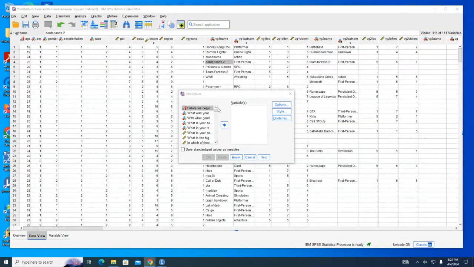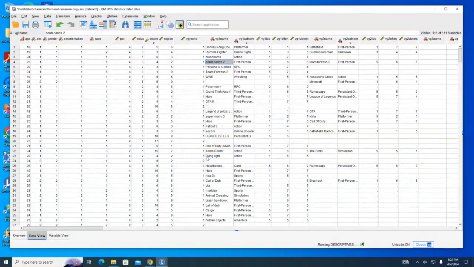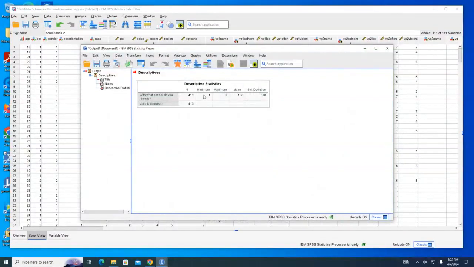Okay, so descriptive statistics. Now we can move a variable over. So pick whichever one you like so we can analyze. In this case, I think I'm going to pick, let's see, what's a good one? I guess with what gender do you identify? Let's look at that variable here, which is a nominal one. Press OK, and it gives you